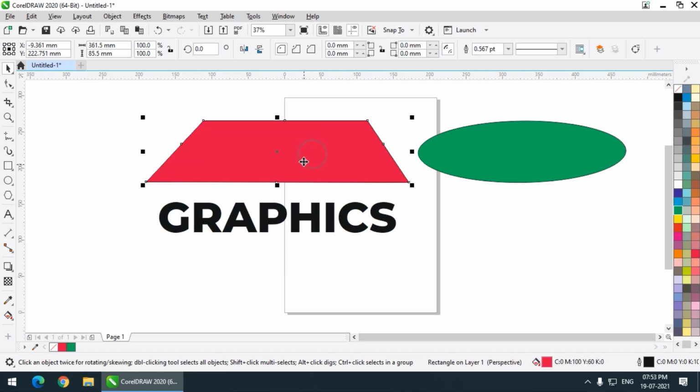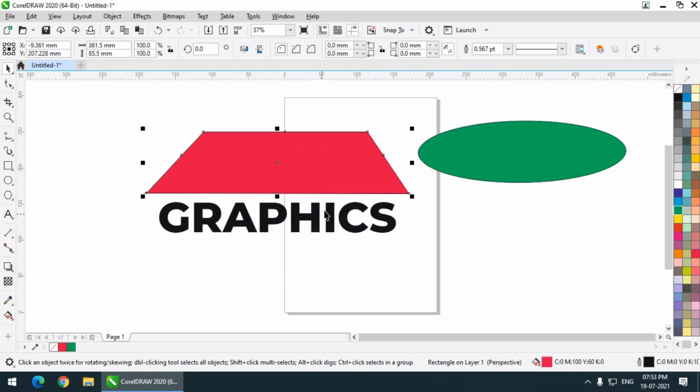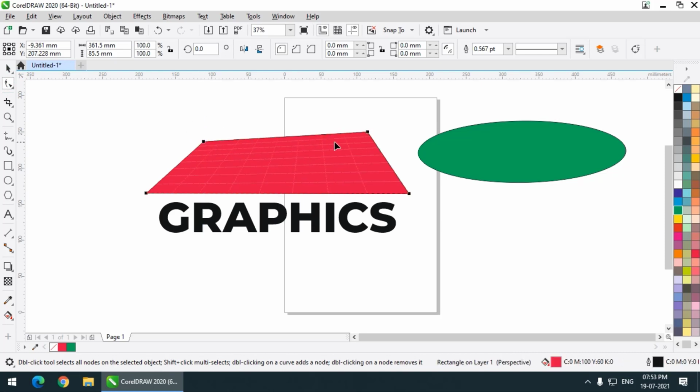I want to put these letters into this view or this perspective. Maybe I want to change it. You can simply change it by using the shape tool. So this will change your perspective. And remember, if you want to move the anchor points in a straight line, you can simply press and hold the shift button.